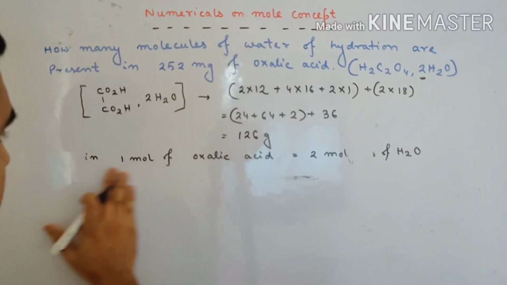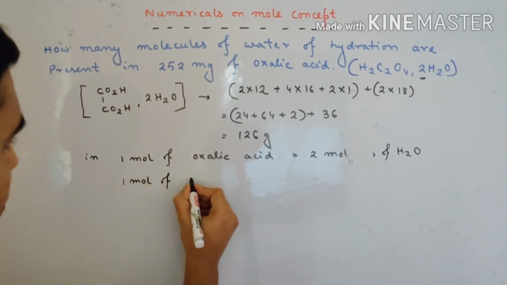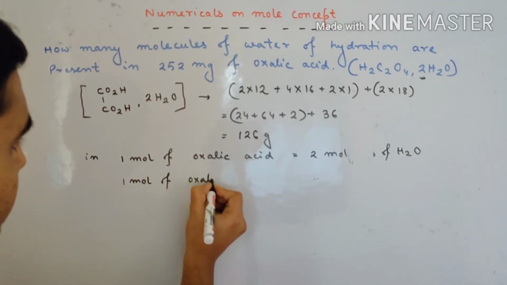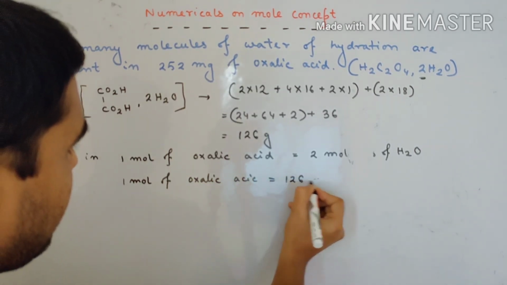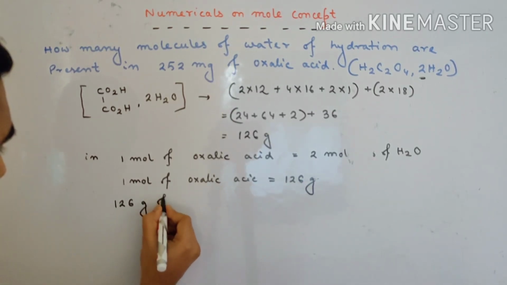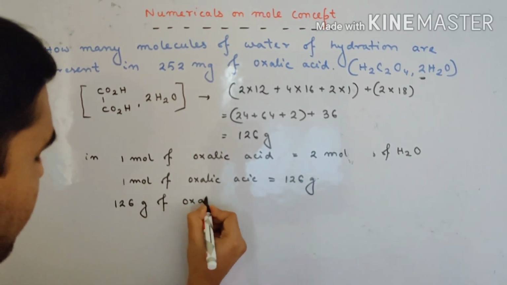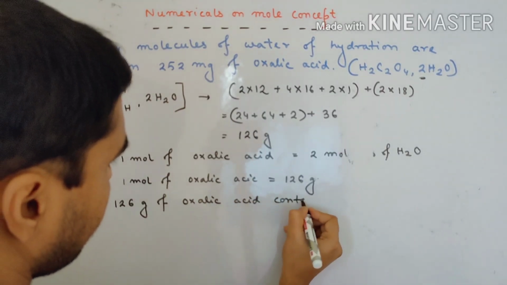And we also know at the same point of time that 1 mole of oxalic acid is equal to 126 gram. So 126 gram of oxalic acid contains,